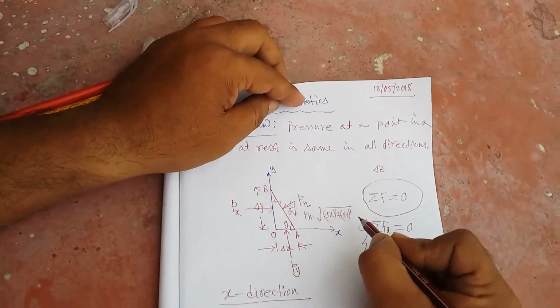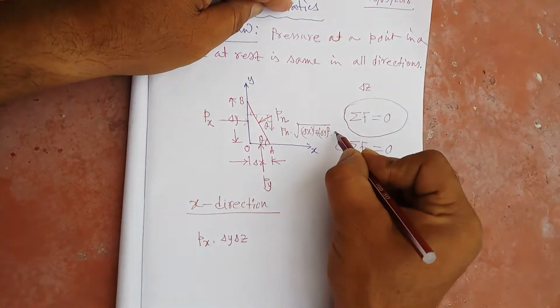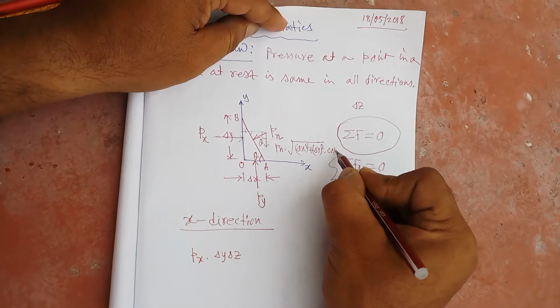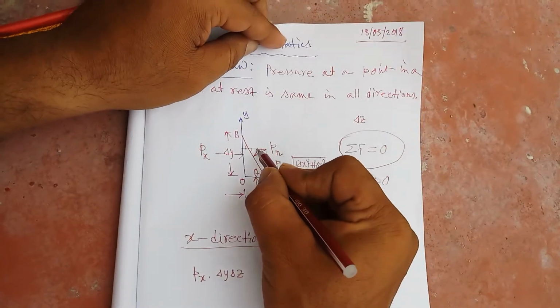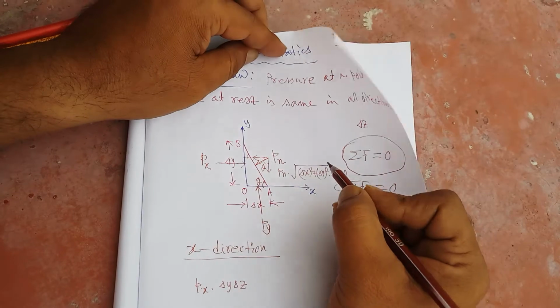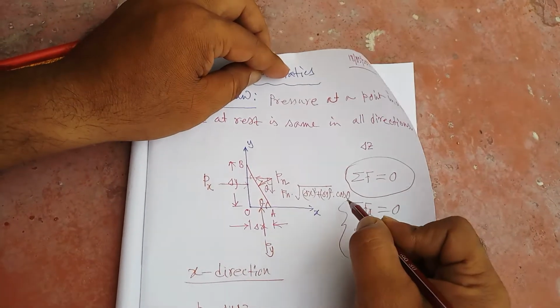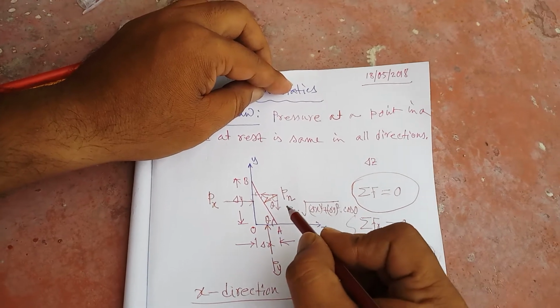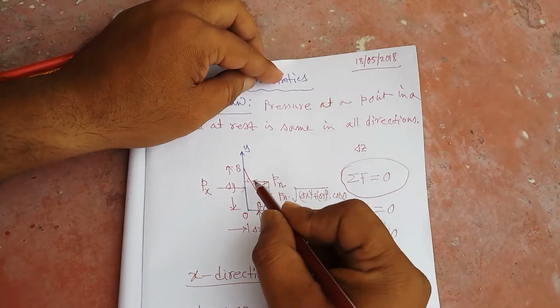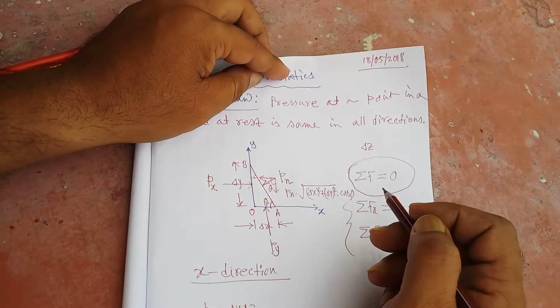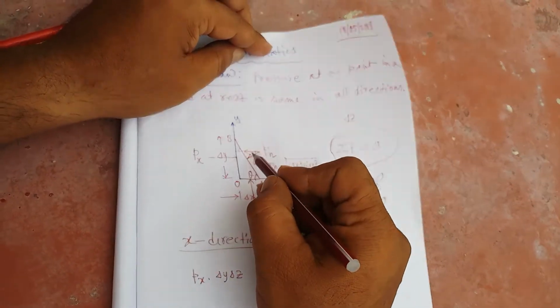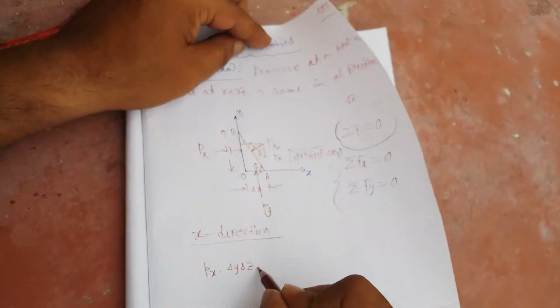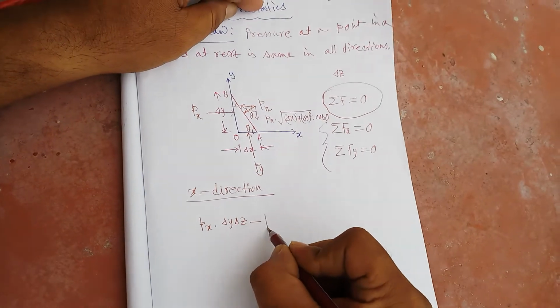Okay. So this component will be how much? Multiplied by cos theta. And this component in this direction will be the same thing multiplied by sin theta. Here our requirement is to take the component with sin theta, and it is in the opposite direction of x. So with a negative sign we have to write this one, minus Pn